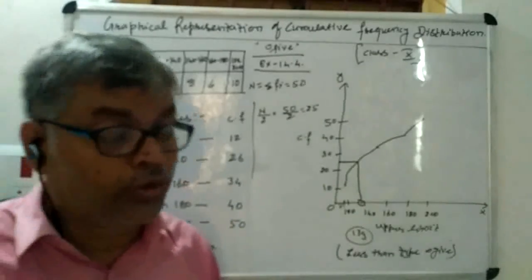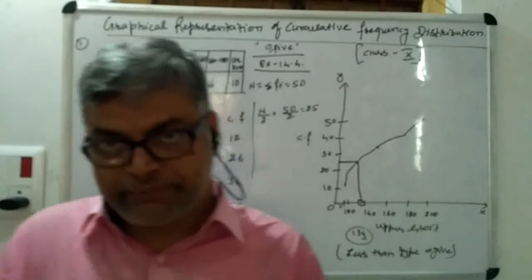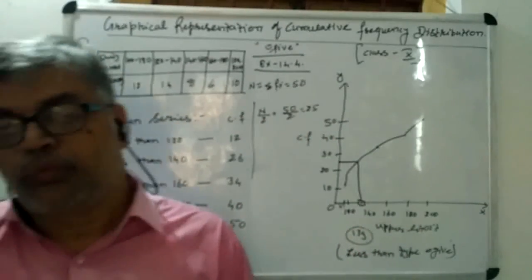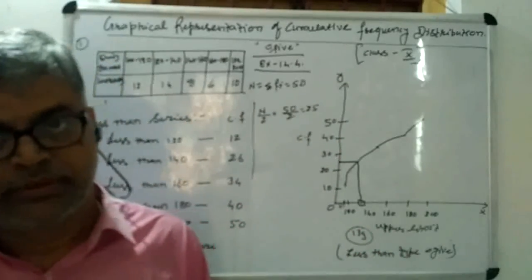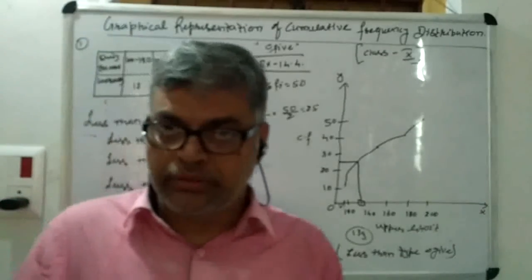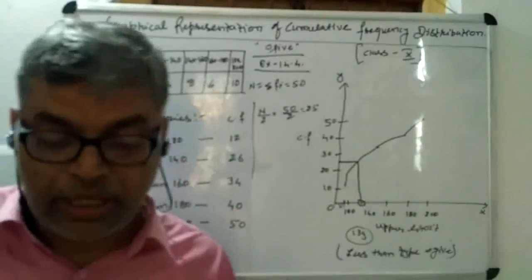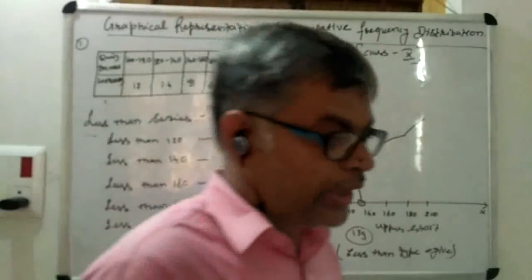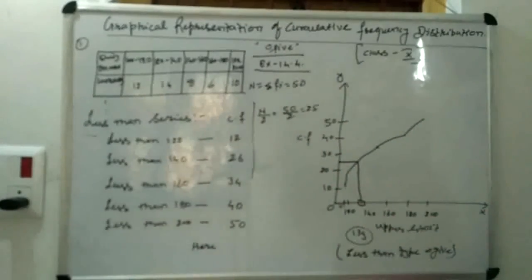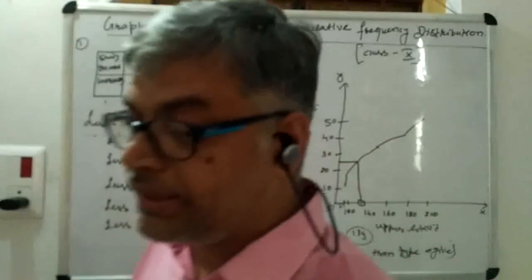So I think for today, all of you must understand what an ogive is, what it means, how we can draw an ogive, what its types are, and how we can find the median from the ogive. And I have shown you one question of less than type ogive. So children, I hope that all of you understand. So practice this type of question some more to get more concept about it, and after practicing you will be able to understand it more clearly.